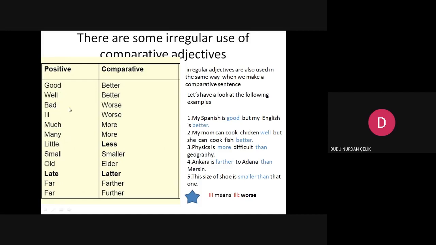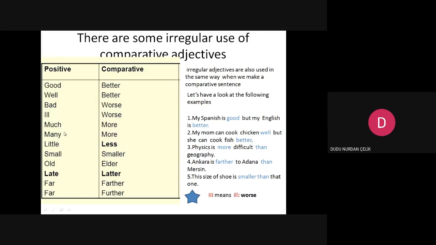Bad. When we say its comparative, it becomes worse. Ill. This is just like streep, so I wrote it here. This means eel. Okay, the word eel changes as worse. Like bad. Bad and ill change as worse.